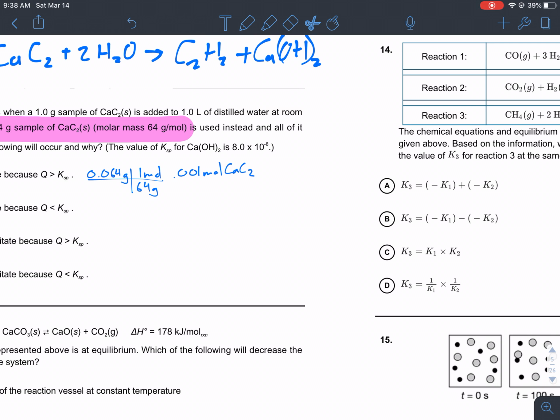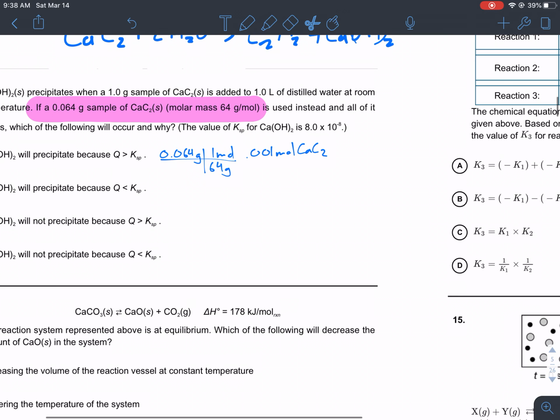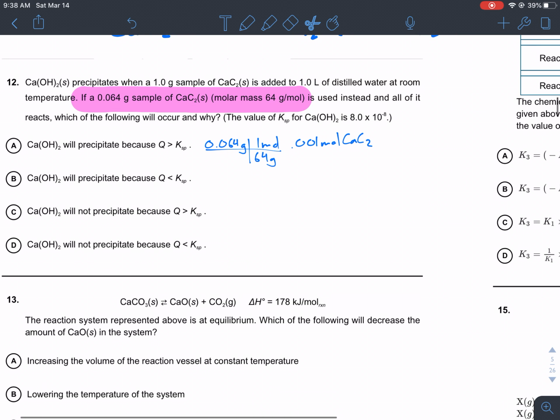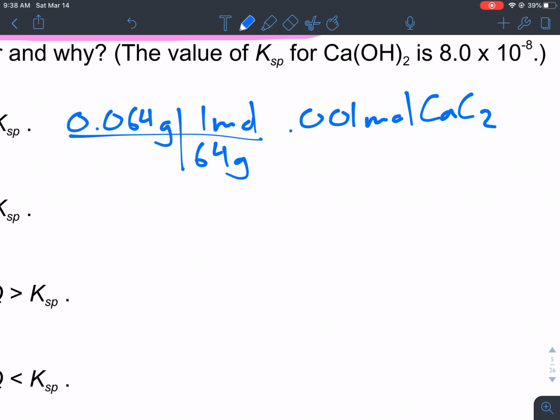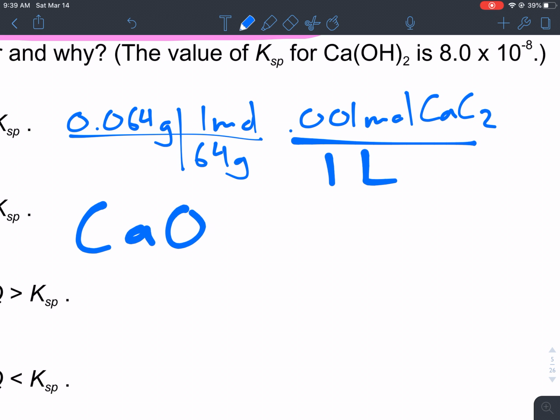And then it says your Ksp value of Ca(OH)2. Okay, so I'm thinking about this, and I said, which of the following will occur? I was thinking, oh, they gave me a Ksp value. When you deal with a Ksp value, let me just write this while we're here, you're dealing with the Ca(OH)2